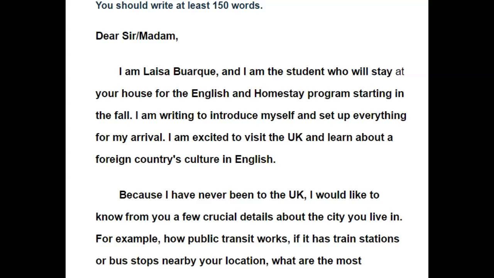Okay, this is lovely. You said why you're writing to introduce yourself. You gave an introduction. And you just have this nice little sentence here. The only thing that I would do is I would change the order of these two sentences, because this is a formal letter. And what we do in formal letters is we write the reason why we're writing first. So it should have been, I'm writing to introduce myself. You'd have to change it around a little bit.